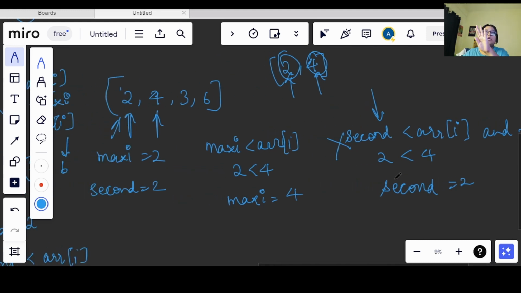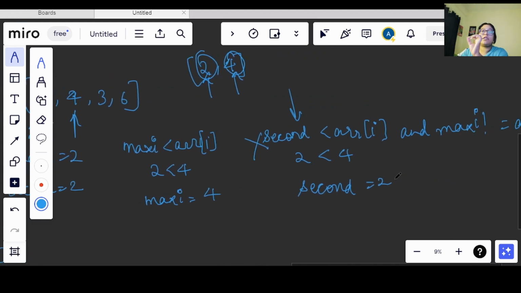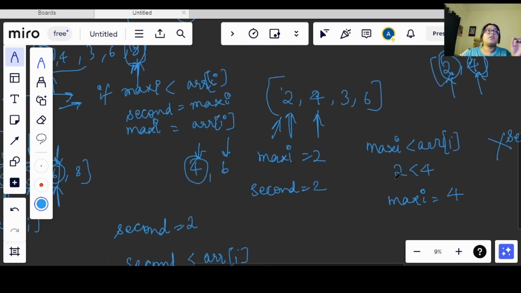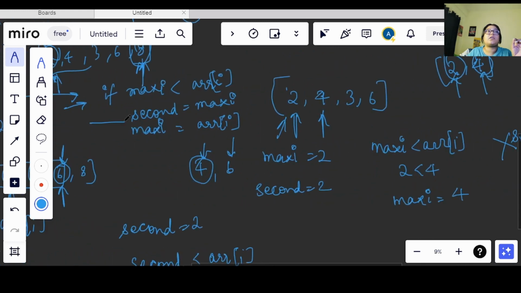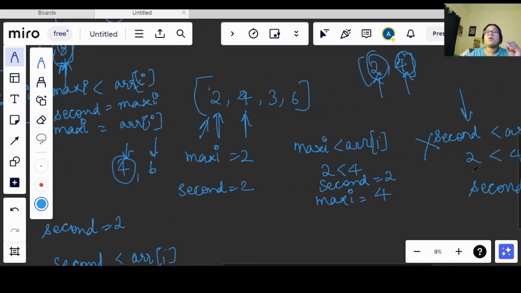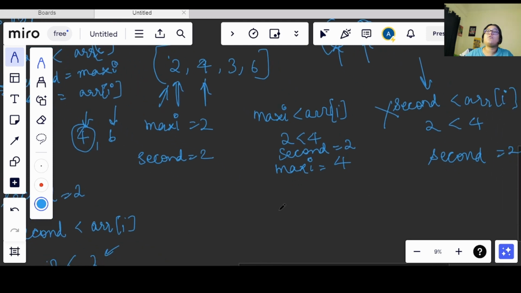Now we came across one more condition, right? We need to keep that in mind about this statement that we added here, that we are adding second. Now if you pay attention, if you add second with 2, we are still getting our answer, right? Even if we update that value with 2, we are still getting our answer. So now let's move on, and we will see what happens.